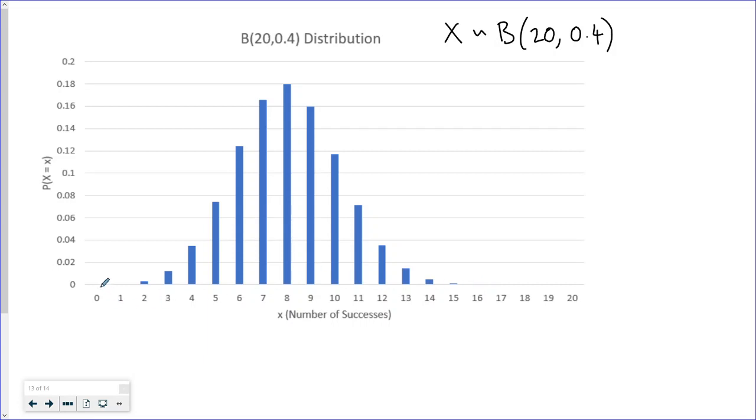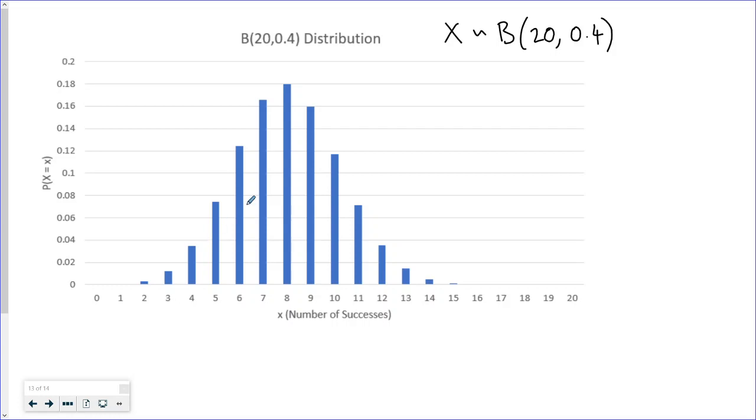So along the horizontal axis, I've got the possible specific values that x could take. So we could have 0 successes all the way up to 20 successes. So it goes from 0 up to 20. The height of each bar is the probability of having that specific number of successes. So for example, the height of this 4 bar tells me what's the probability that I have 4 successes in